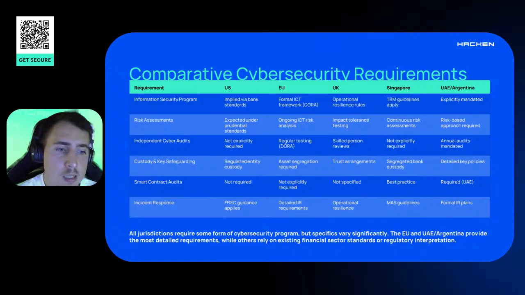So the answer is that this must be defined based on your risk assessment. For example, lots of the entities and our clients didn't realize that they need to include custody scope into their information security program. For example, you need to audit because it is the organizational wallets. It's also very related to the stablecoins because you need to deploy them. You need to have these custody operations and wallets. You need to have the liquidity.